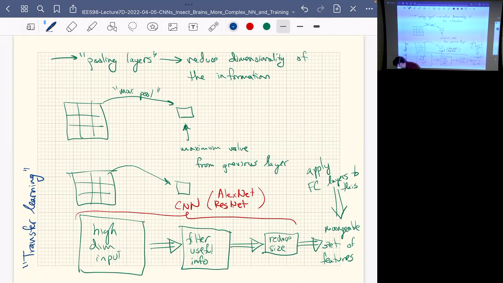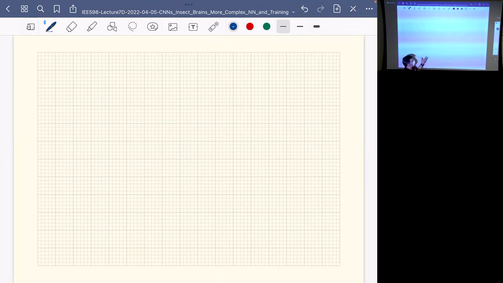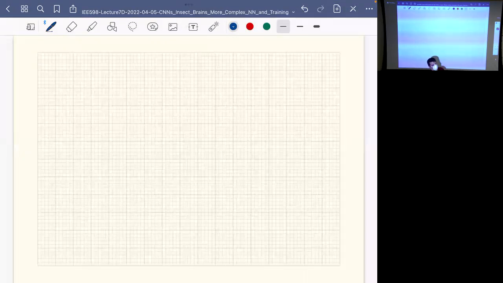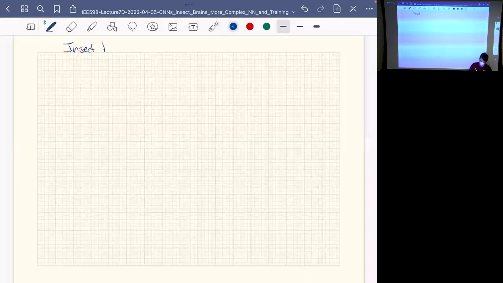All right, cool. Okay, so depending on timing, I mentioned that the vertebrate visual cortex has this really nice structure that looks like a convolutional neural network. I don't want to talk about it too much, but at least some of the work that I do in my lab is we look at the architectures that go on inside insect brains. And it turns out that what's an interesting thing is that in an insect brain, if I just focus on olfaction, so smelling,